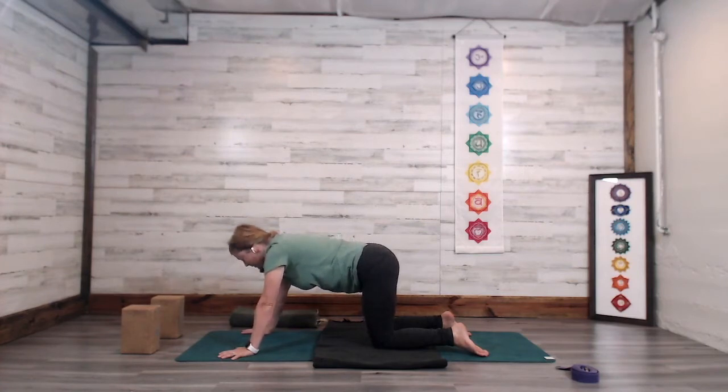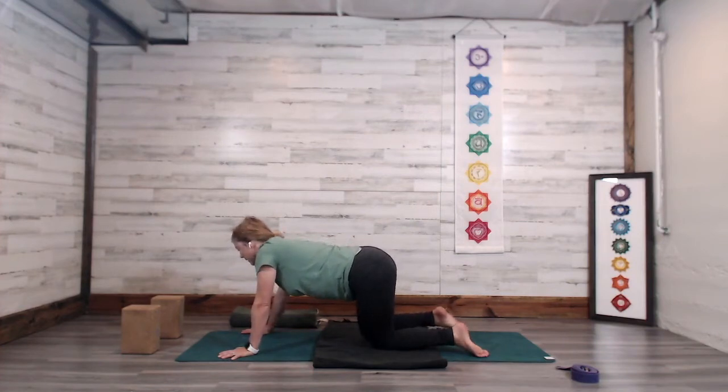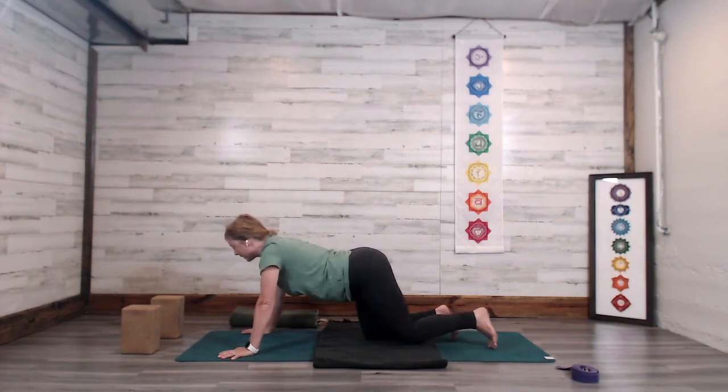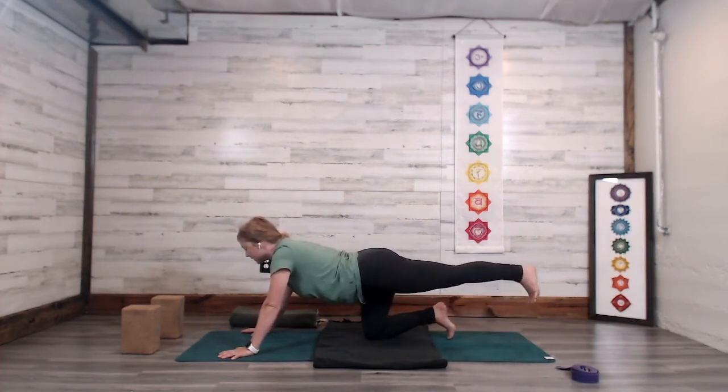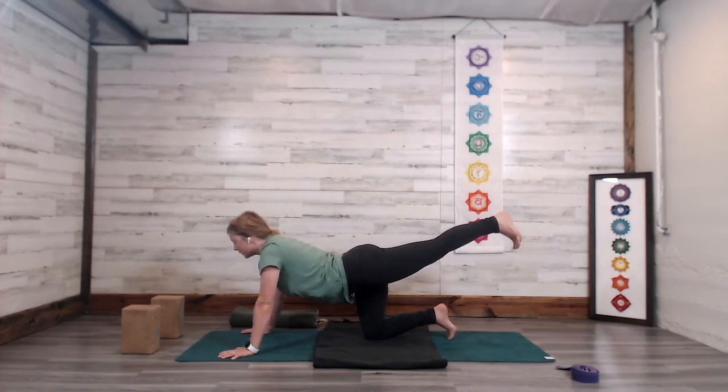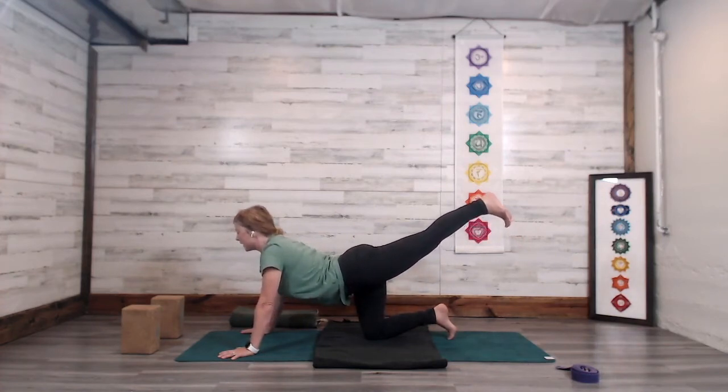Okay, inhale, come into neutral. We're going to shift the weight into the right knee. We're going to send the left leg back behind us. We're going to do a tabletop flow here. So lifting the left leg away from the floor, releasing the belly down toward the mat as you lift up